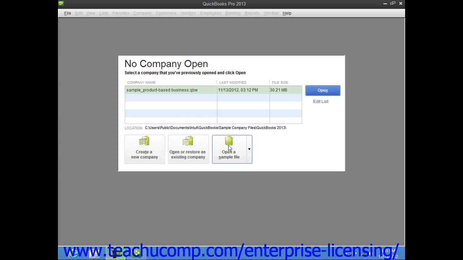Now, if questions arise that you must answer when proceeding through the Easy Step interview and you're unsure of the correct answer, don't worry. You can usually go back and change your answers later. In most screens, you can simply click the Back button to return to a previous screen and change your answers. Also, if necessary, you can click the Leave button to exit the Easy Step interview. However, if you leave the Easy Step interview prior to actually saving your company file, then your data entry up until that point will be lost. A message box will inform you if this is the case before you exit, so you need not worry about